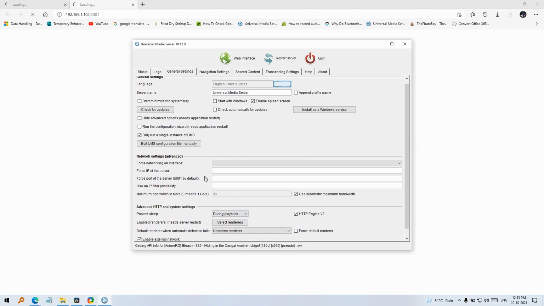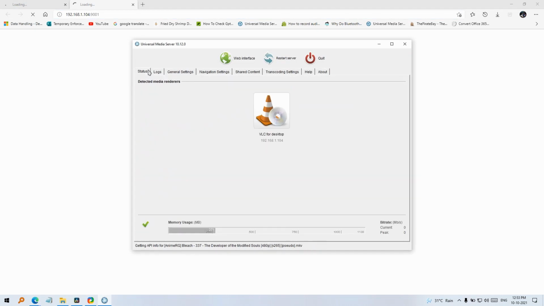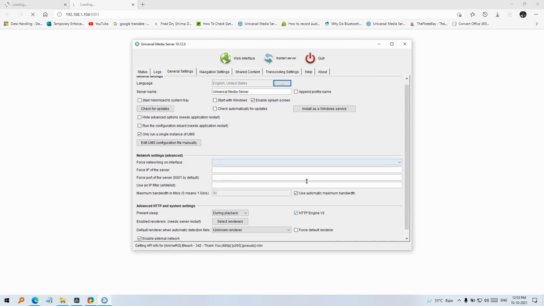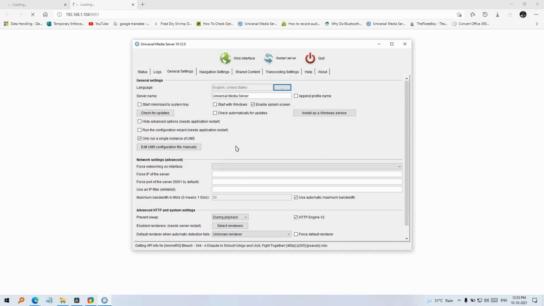This doesn't seem to be working. We'll just restart the server. While it's grayed out, it means it's turned off. The color is back, which means it's on. There are many other settings that you can find. You can check the official Universal Media Server site for the description about each of the options that are available, or if you're trying to achieve something, or if you want me to go in depth, you can write a comment below.